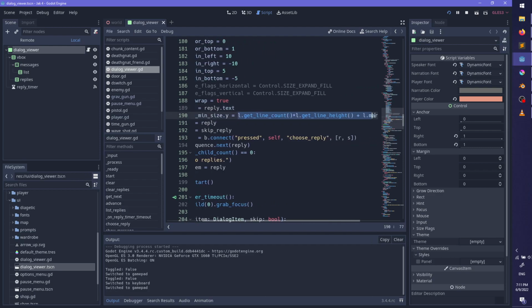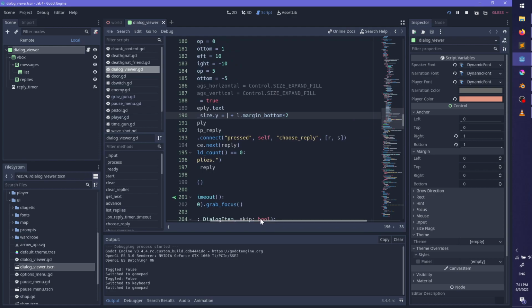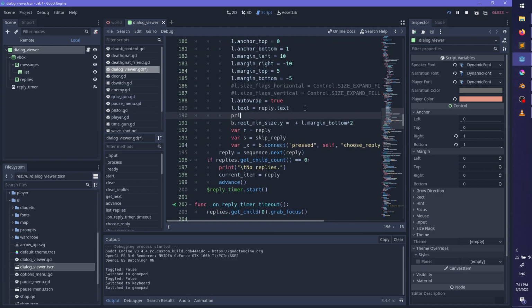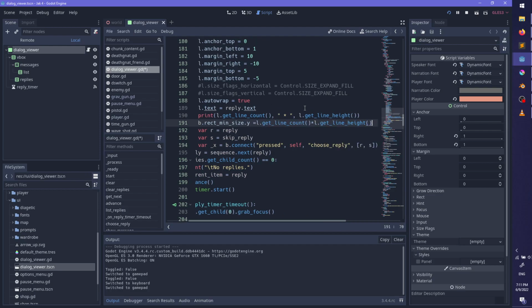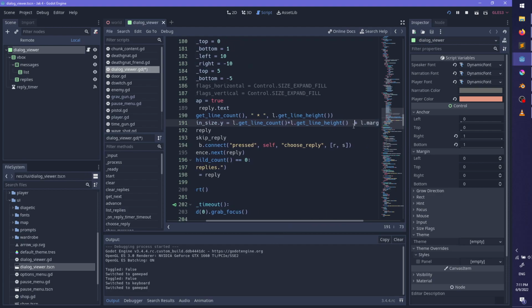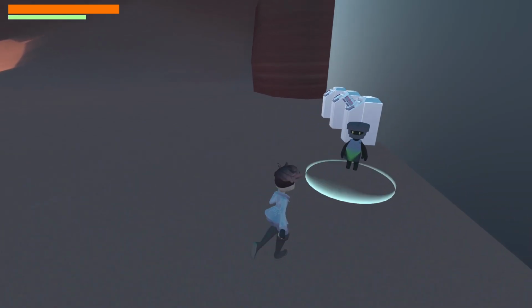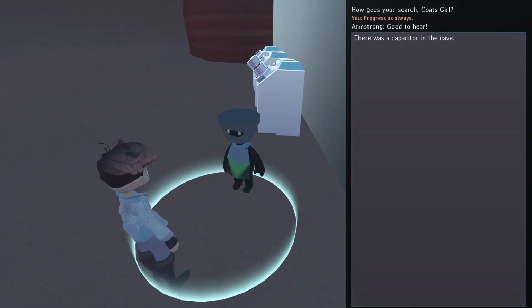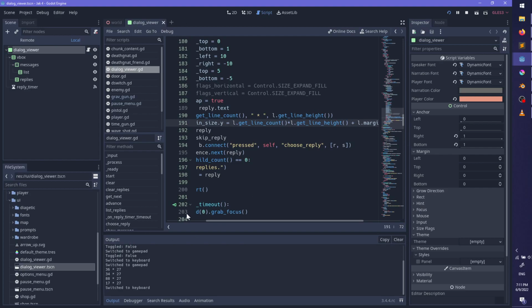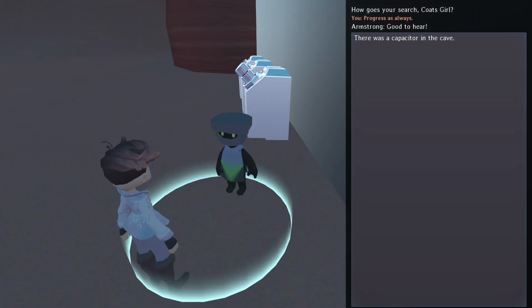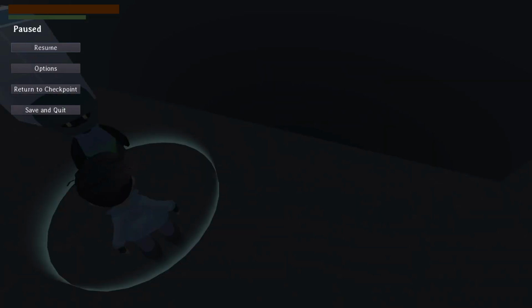I mean, it could be because it's still... Okay, let's just print that. Alright. Why is there 36 lines? I know what it is, probably.